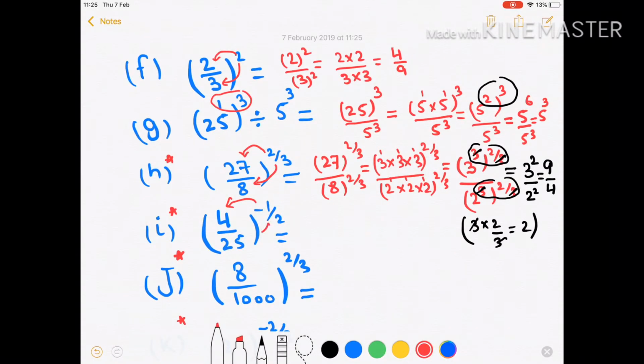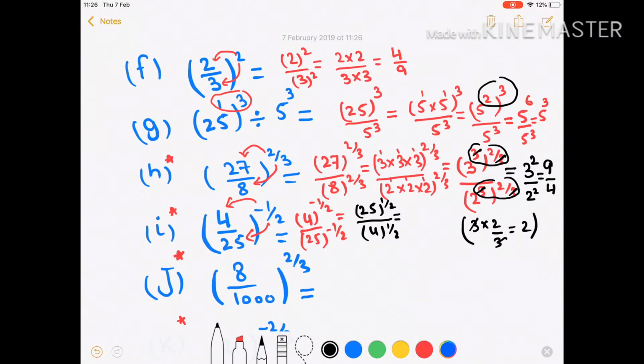Next question, I. Inside the bracket, power belongs to everything inside the bracket. So power belongs to 4, power belongs to 25. So just separate 4 to the power minus 1 by 2 and 25 to the power minus 1 by 2. After that, both powers are negative. Make them positive. Just change the position. So 4 will go down and 25 will go up, and then you will get positive powers. After that, just simplify,